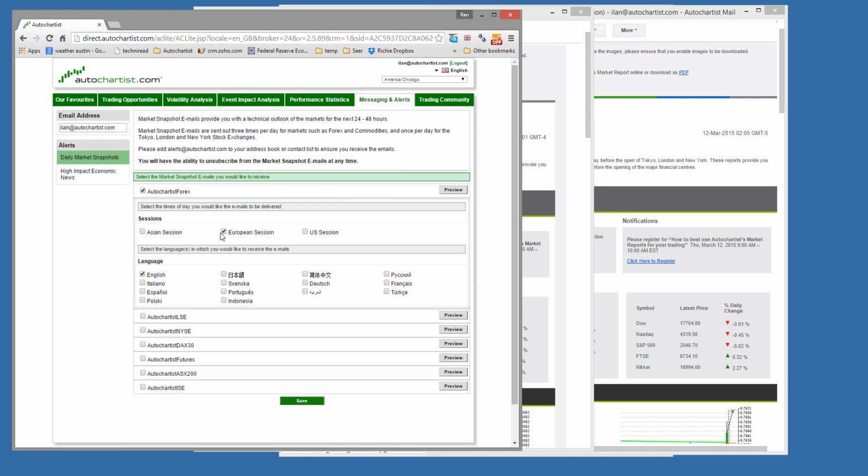I find that it's better for me because a lot of the Forex action happens during the European session, and so I like to get my European session reports, and also the reports themselves contain slightly longer term forecasts, and I'll explain why in a moment. So by the time I wake up in the US and get my European report, I actually have a nice view of what I think is going to happen through the trading day.